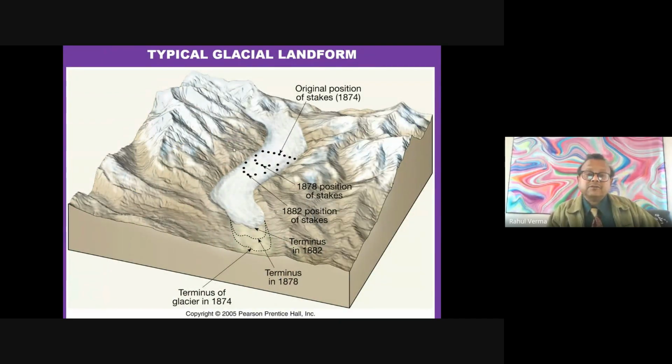Now here, this is what I was mentioning. A glacier is a big body and it moves forward. So it starts cutting the sides. That's why glacial valleys don't cut downwards. So a glacial valley is always U-shaped, even when you see it from space. And if you find a U-shaped valley, you can say that there must have been glacier action long ago.